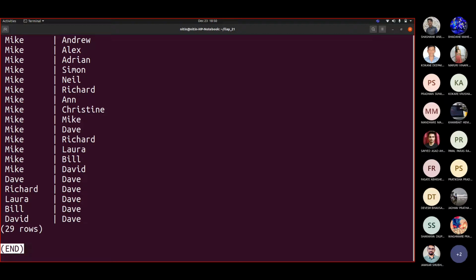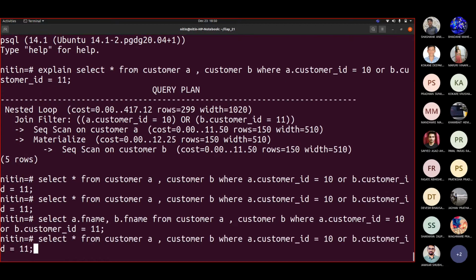Now see how they are organized. Dave is added once. Now in one table there are 15 records in total. When I combine them and I'm using OR in the condition, why is it not showing me 30? Instead it is showing me 29. Okay, let us do it one more time.